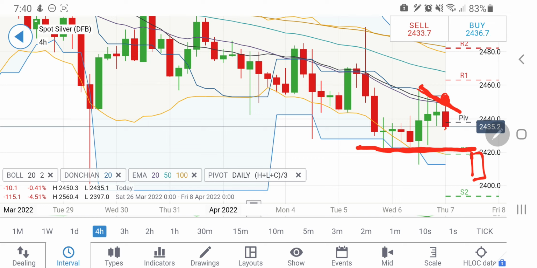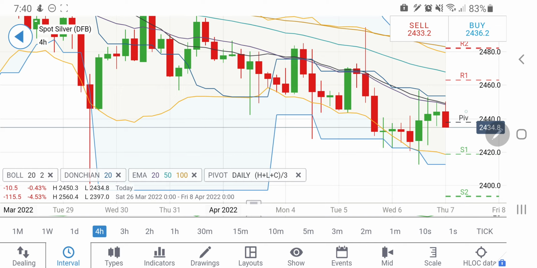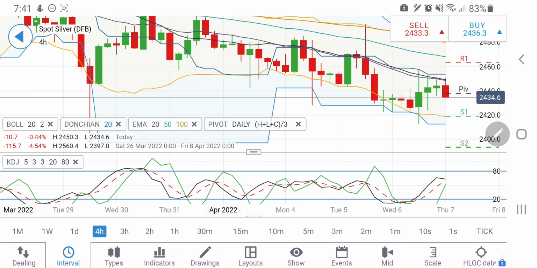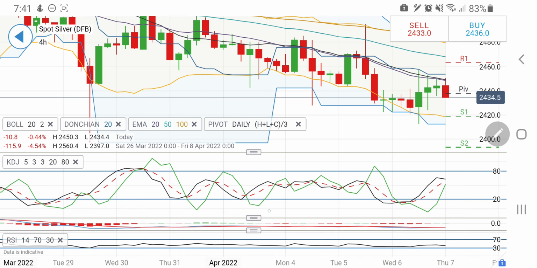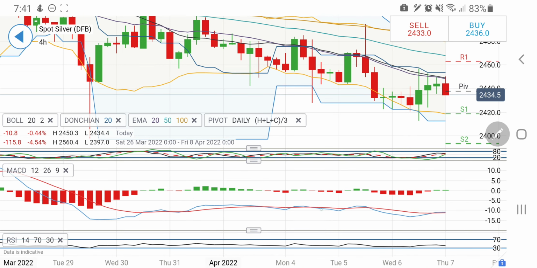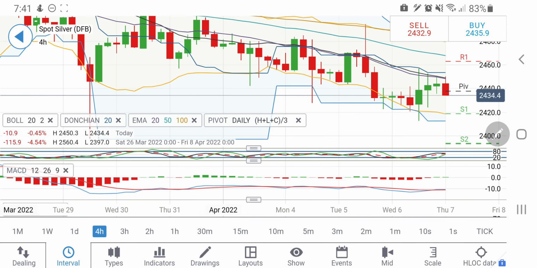Till it is below 2450 for the day, one can remain short. One can expect it to at least hit 2420, and then below that also, the next targets are 2410 and 2400. Above 2450, if it breaks 2450, one can expect that it is going to hit 2465 and 2480 levels, which are going to be strong resistance zones. 4-hour stochastic is near overbought, and MACD is still running parallel here. RSI is not showing any signs.